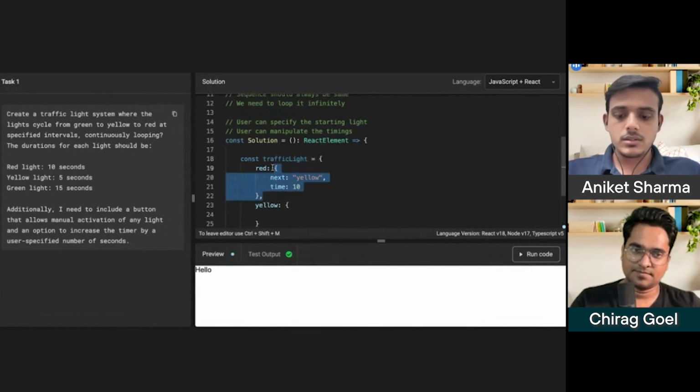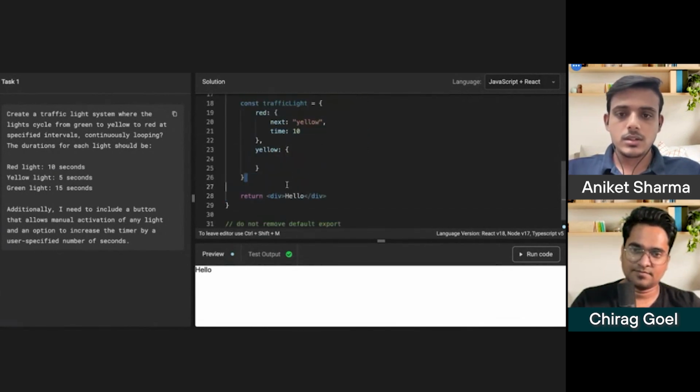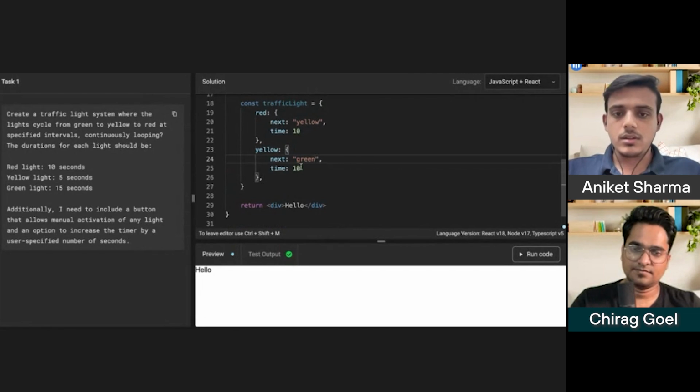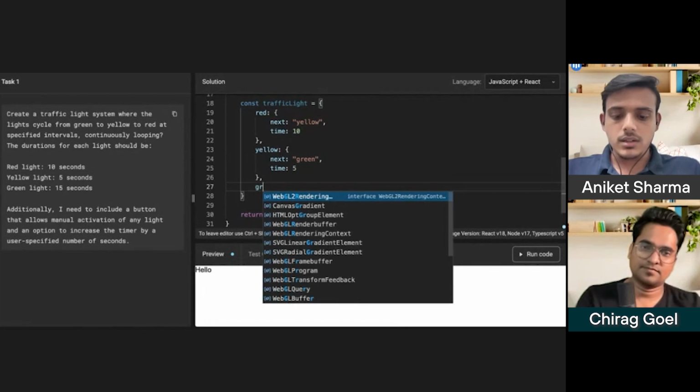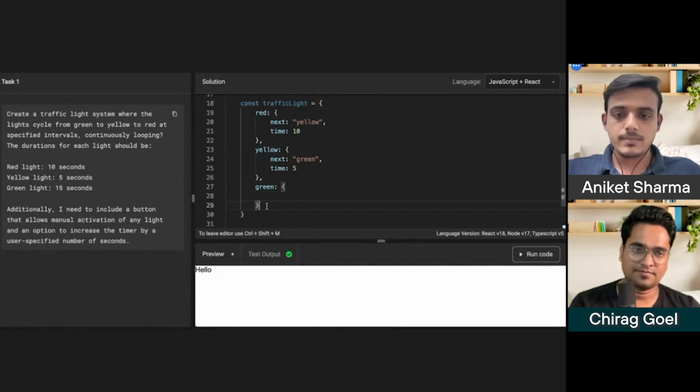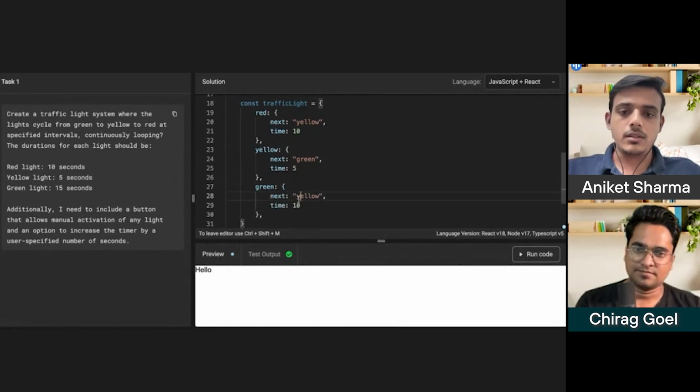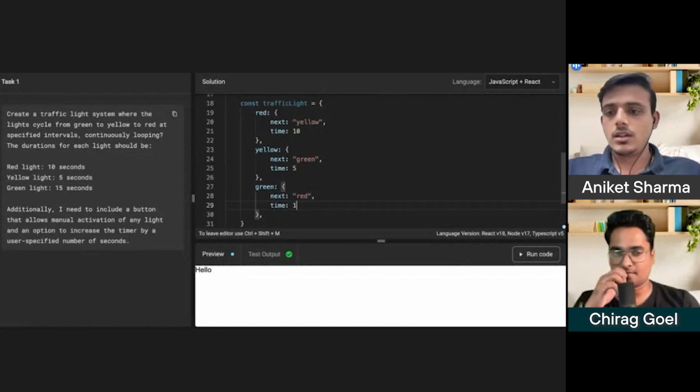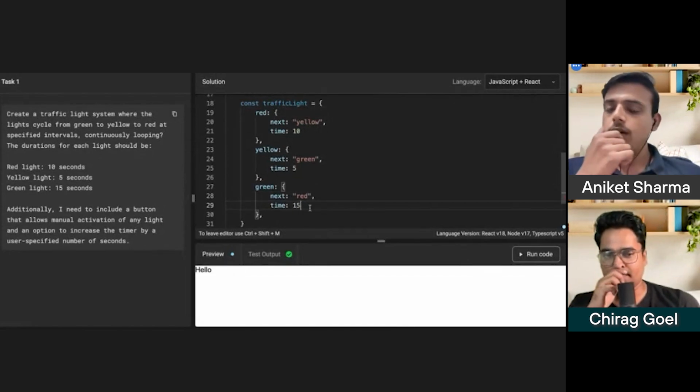Let me copy this. Next would be green for 5 seconds. And then green. After green, we need to show red. That too after 15 seconds.